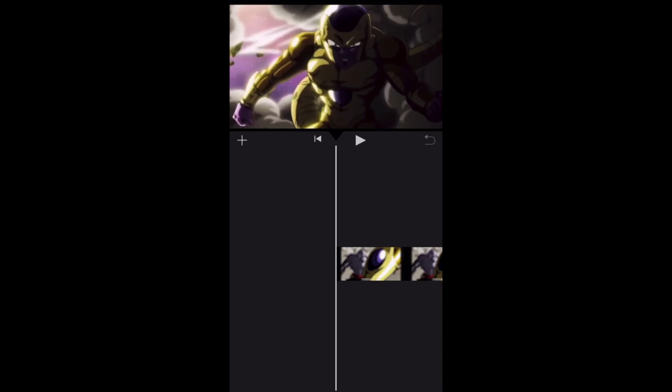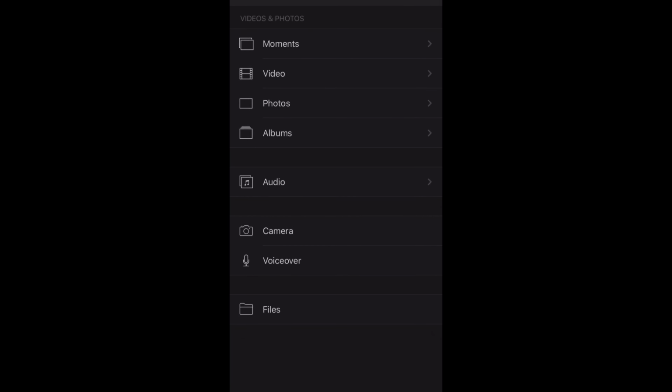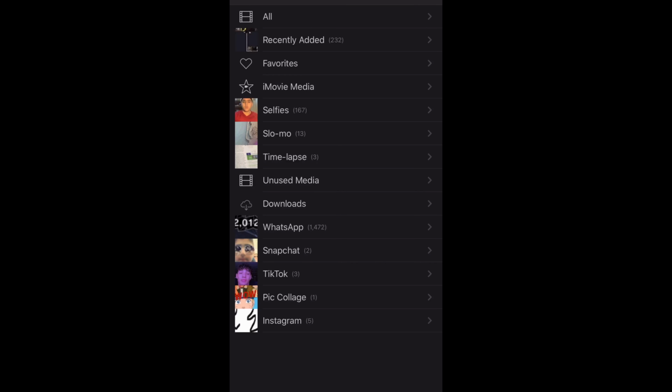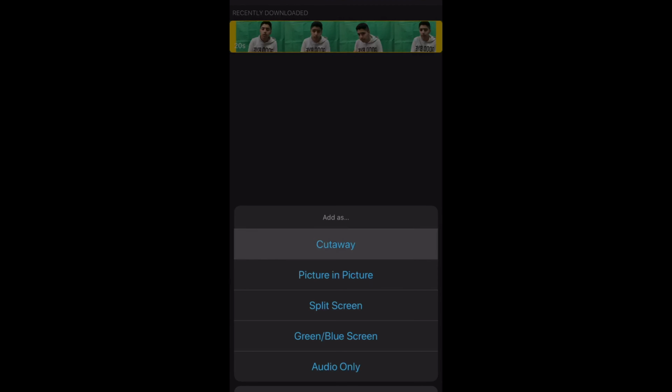Okay, so you click the plus sign that you have in the upper left corner, and then they will give you the chance to add other videos and other media and stuff. So you will choose the video you want, but you're not going to be adding it normally. You're going to be clicking on that option slash menu